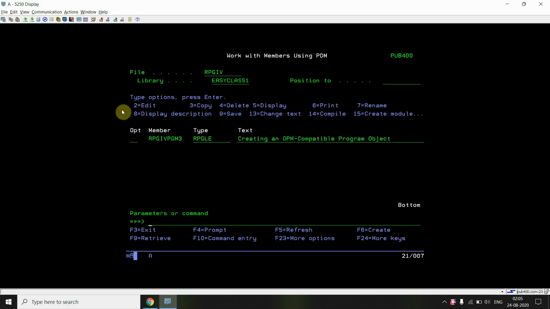Now you have got to know the concept of creating an OPM compatible program object where you cannot use any bound calls. If you use bound calls like CALLP or CALLB, you will get a compilation time error, because you have specified the default activation group as *YES, and we cannot bind any procedure, module or service program, or use any binding directory in that case.